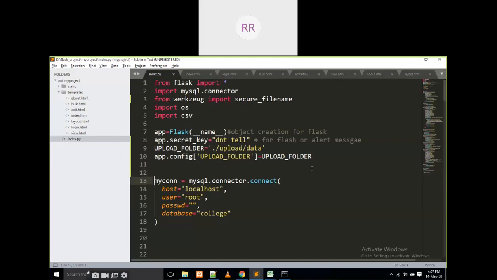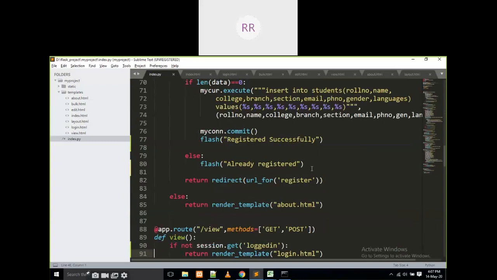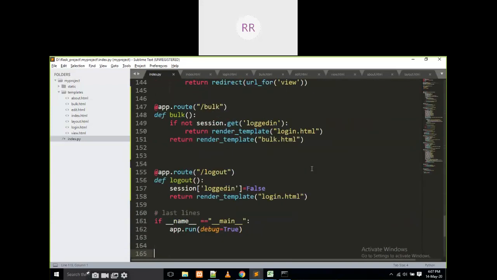Now I am going to write some GET and POST methods. Methods is equal to GET and POST.